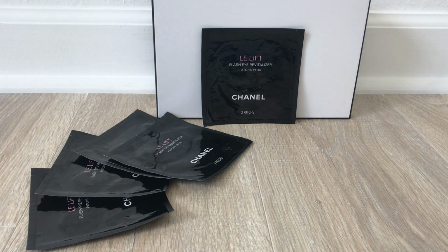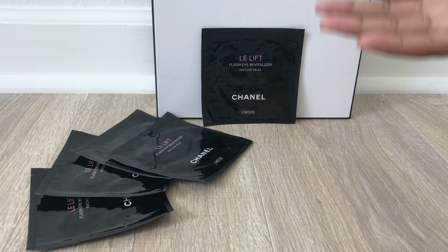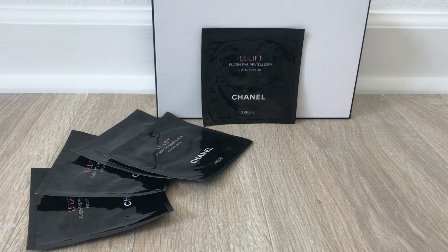And I was happy about that because I don't have to spend the $130 and I don't have to worry about the eye roller serum. So the first question you might have to ask is, how long do you put it on for? Chanel says, because I confirm everything with Chanel Beauty, they said 10 minutes and the mask should be 20 minutes,